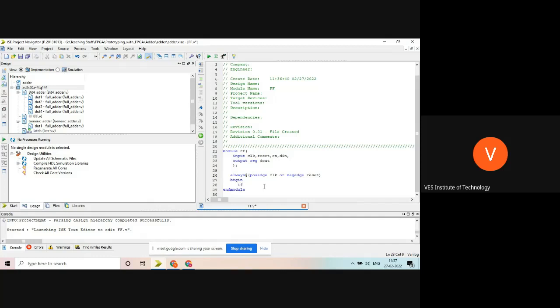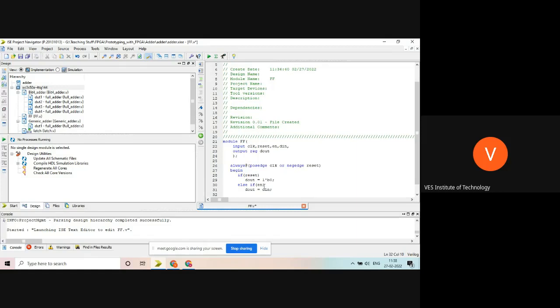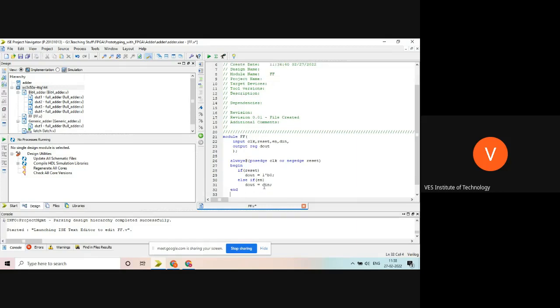So I will write if reset, then D out equals to 1'b0, else if enable, then D out is equal to D in.